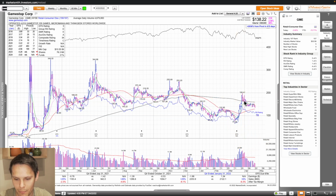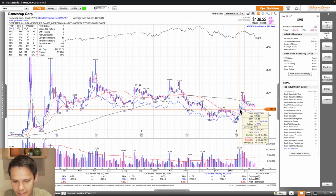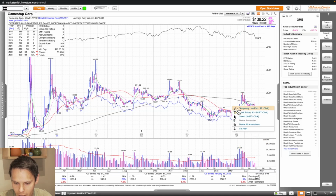You see a pullback to the 200-day, find a little resistance there or support there, flush back under the 21 or the 8-day EMA, now under the 21. And we're now approaching the 50-day moving average. But one thing that I wanted to point out here is this did have a high volume close here for the last, I think it was 4 months, 24.6 million shares traded on this day with a closing price of 141. So if I just draw a line at the close here, that was holding as support for closing prices